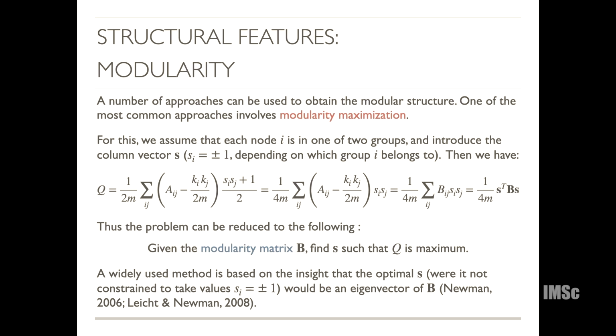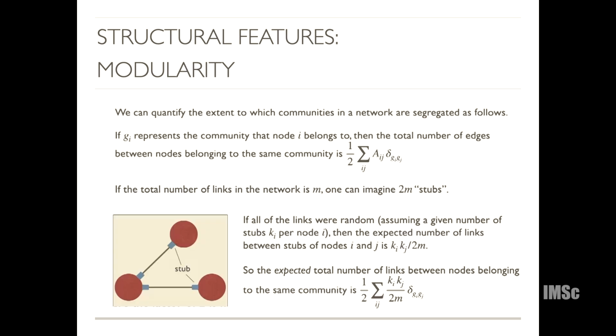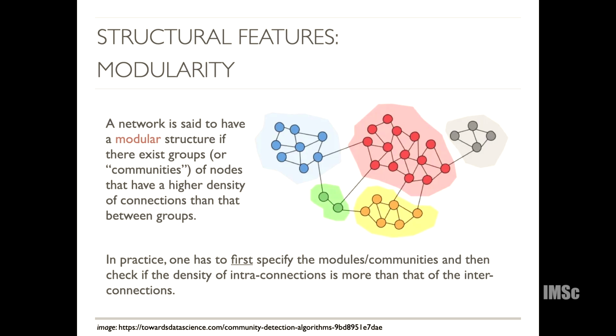Because in principle, let's just say I go back over here, and I take this blue node out and I make it red. So now this blue node has gone over here. It's still a modular network, if you think, because by and large, you see there's a lot of connection between red, between yellow, but except now this one blue has gone over here. So maybe it's making it slightly less modular, right? Or at least this organization is a bit less modular than this particular organization. So